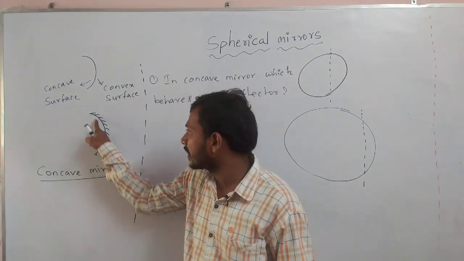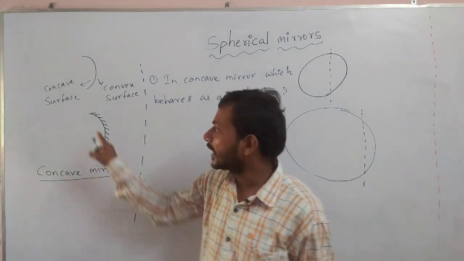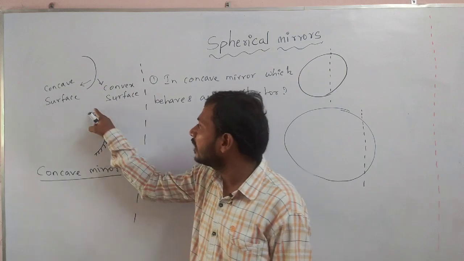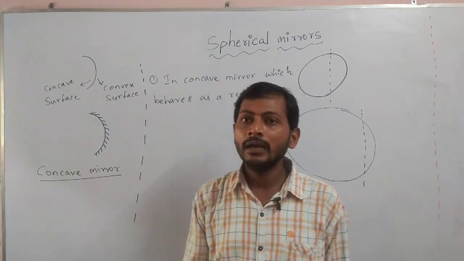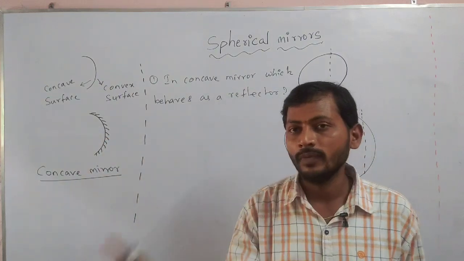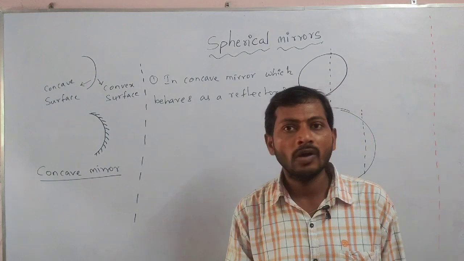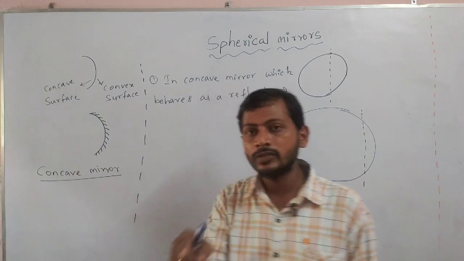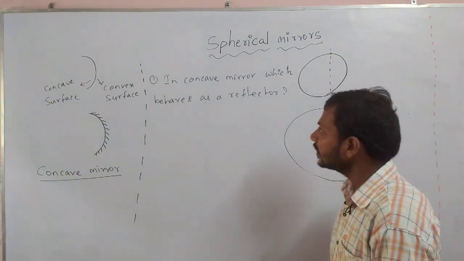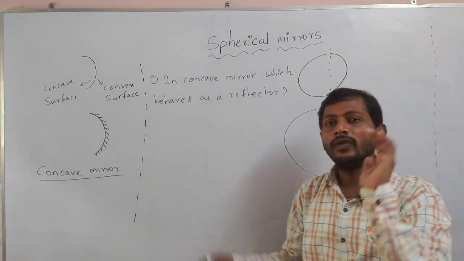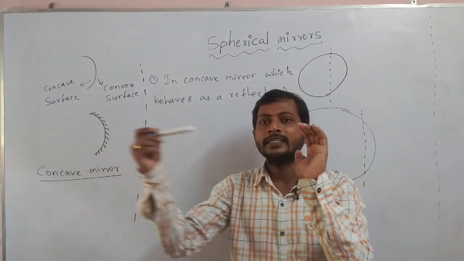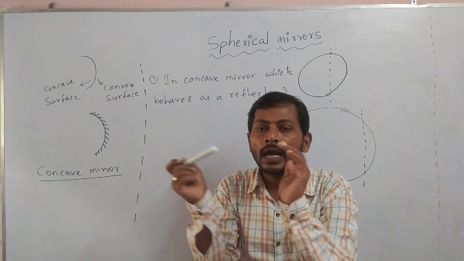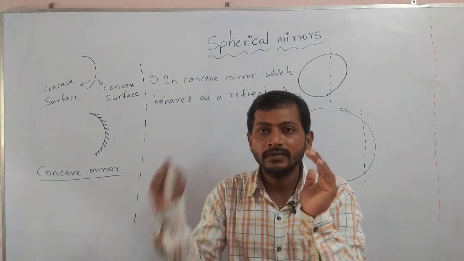One is the glass surface, very good. Second one is silver coating, very good. Third one is color. Color, what purpose we have given, you know. Silver coating, what purpose we have given, you know. What is this glass surface, why we have taken it also, I am going to tell you. See, now when the light comes and falls on the surface, can that light travel through the glass surface or not?